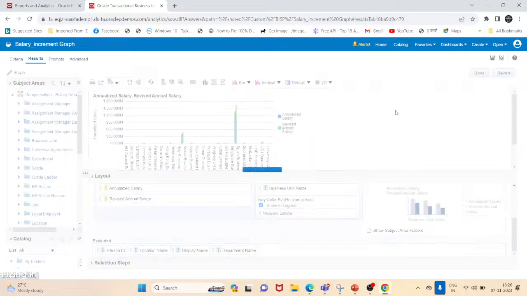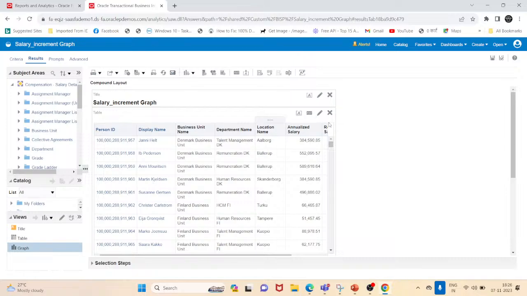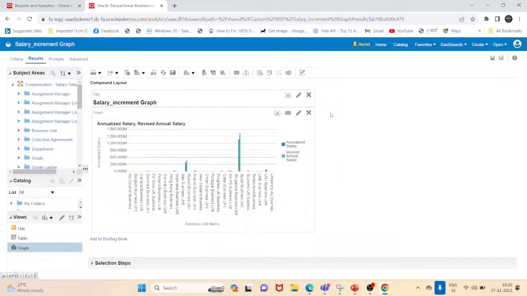So let me click on done. And we'll remove this bar, oh sorry, table, and let me save this analysis. So we'll come to our catalog